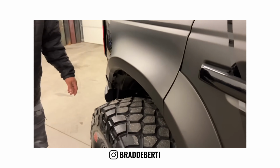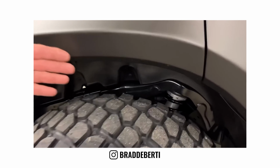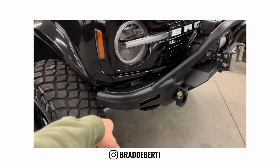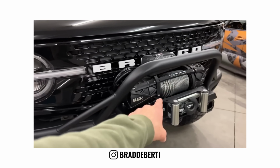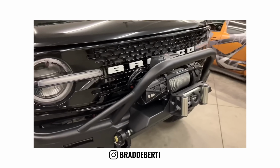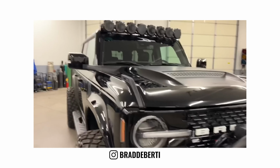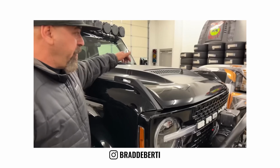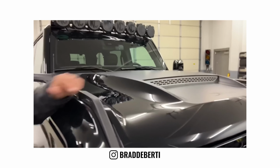And so then we got with Fuel Wheel Parts, and they supplied full coilover suspension. So you could adjust this thing to any height. All these bumpers are theirs as well. That's what's holding the Smittybilt winch. We wanted, just in case someone wanted to take this bad boy out in the middle of the trees and got themselves stuck or anything, they could use the winch. But check out this hood also they machined. I mean, does that just look...